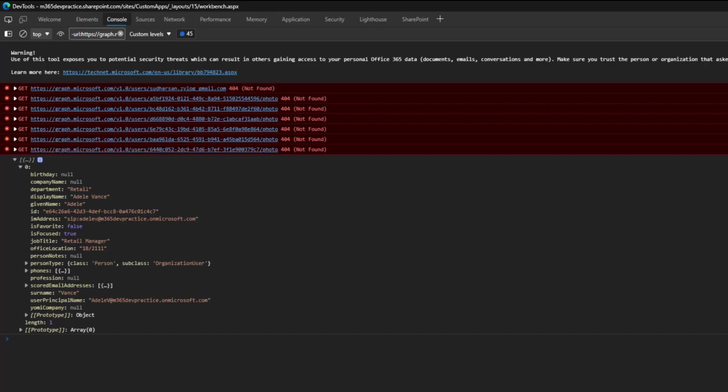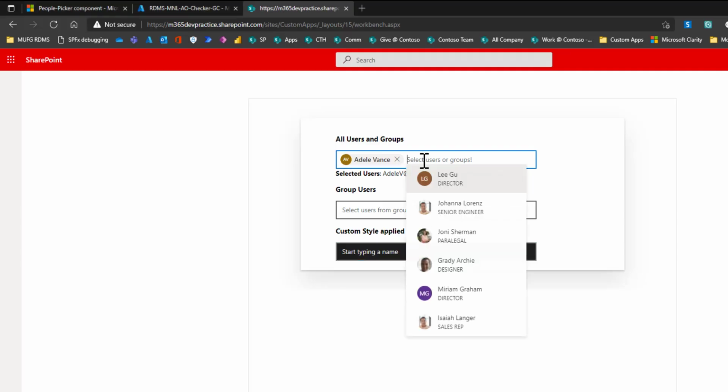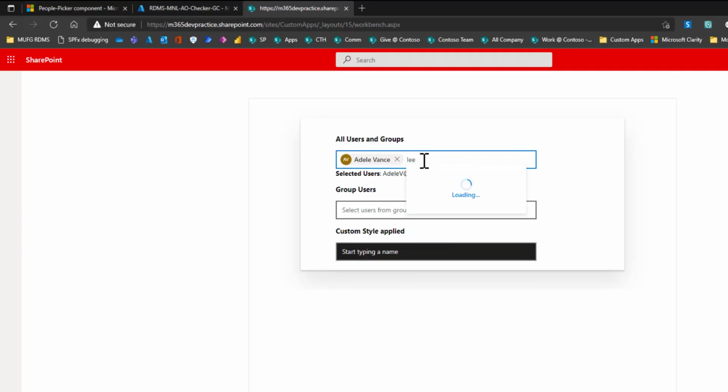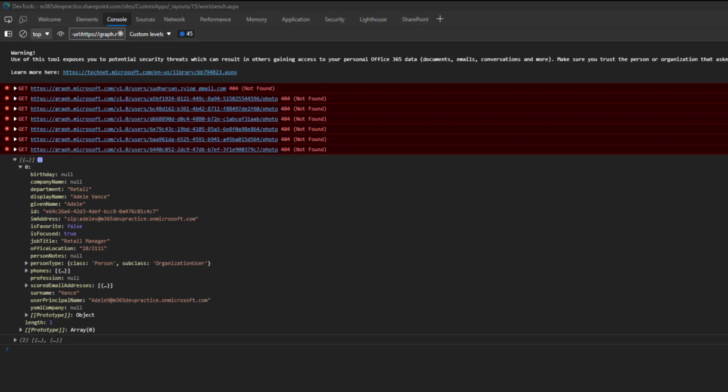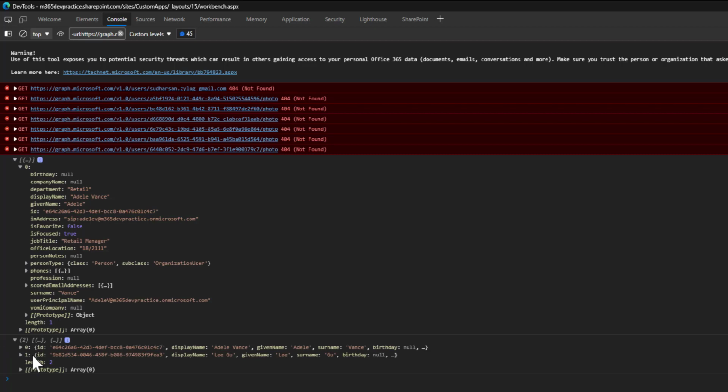For example, if I choose one more user, you can see two data, one for Adelaide Vance and another for Lee Gu. Here you can see different properties for the users, so you can use any of the properties, store them, and then do your business logic.